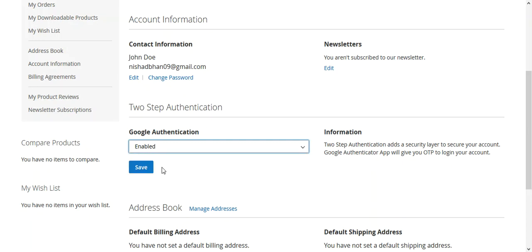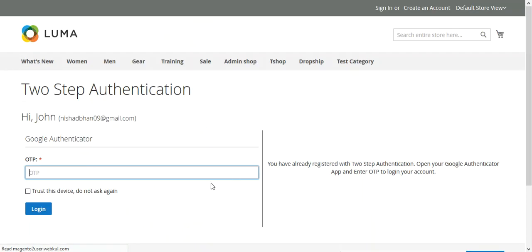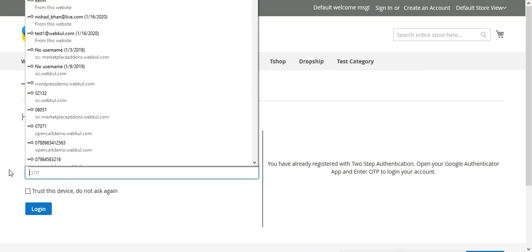So right now it's disabled. Now let me enable it, and let me save this particular setting from my customer account. So now whenever I need to access my account, I'll have to enter my OTP using the Google Authenticator app. So I'll enter my code,